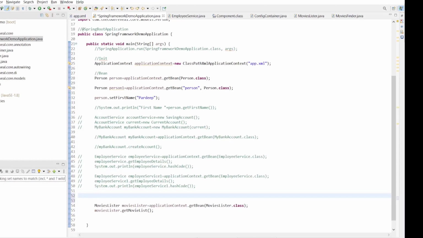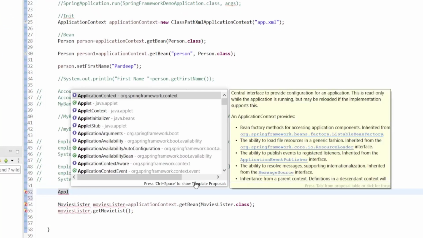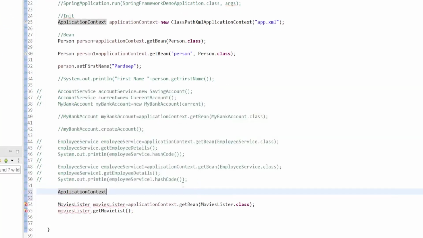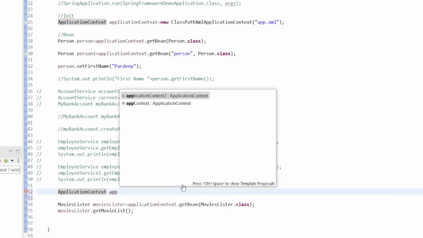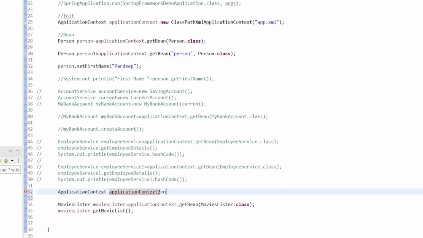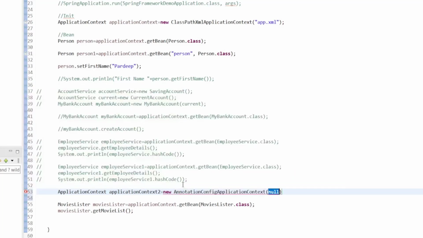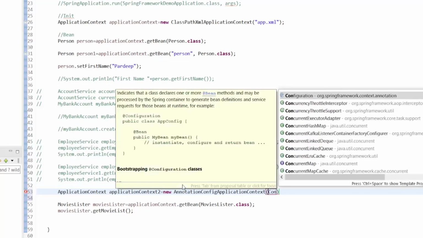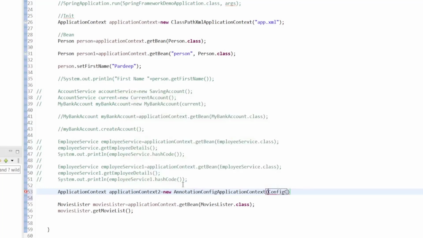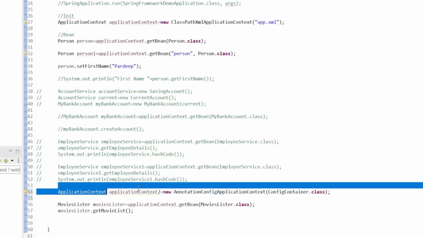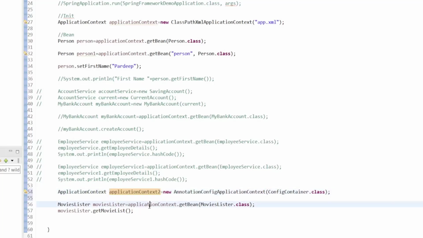Here we'll call it application context 2 equal to new annotation config application context, and we'll use here config container dot class, and let's use this to get the bean.